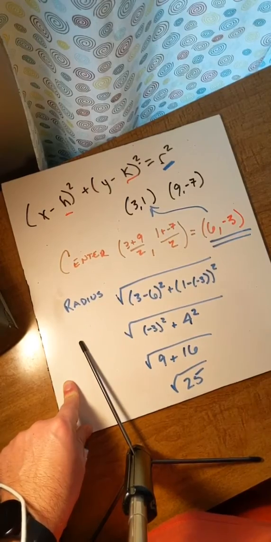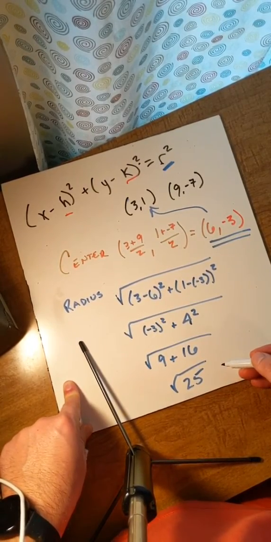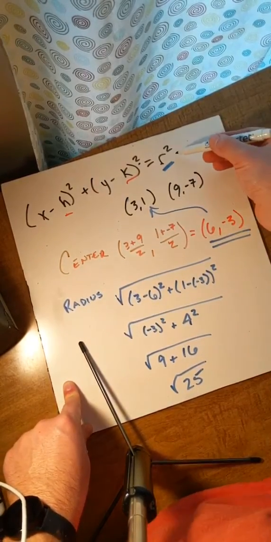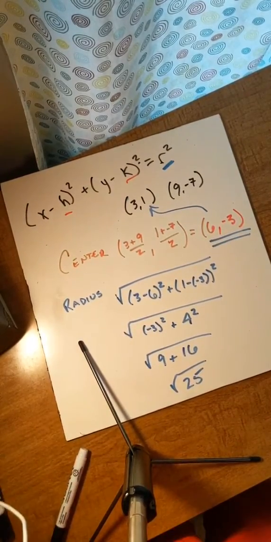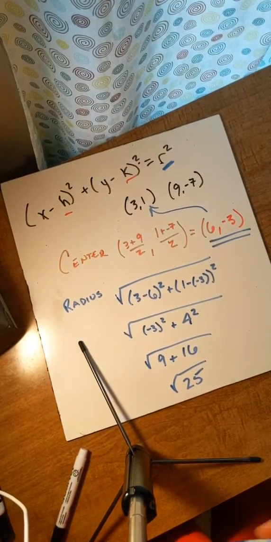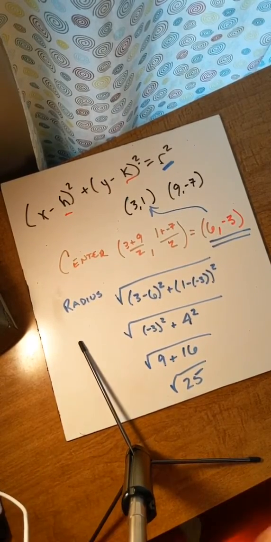Now, we could go through and say that the radius is 5, but remember, we're going to use our formula later, so there's really no point in simplifying it once you get down here, since we're just going to go ahead and plug it in. So the answer to our problem, the equation here, would be,